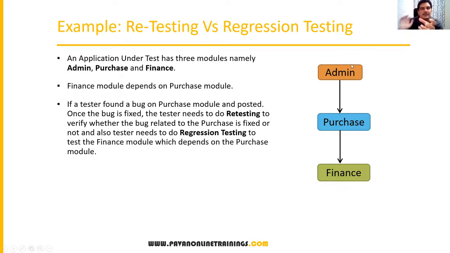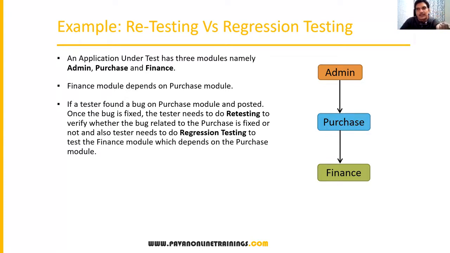Okay, there is an admin feature in my application or admin module, purchase and finance, and these three modules are dependent. Okay, purchase module is dependent on admin, finance module is dependent on purchase. So these are integrated modules. So here, let us say tester found a bug on purchase module. So purchase is one module and tester found some bug in that and also reported